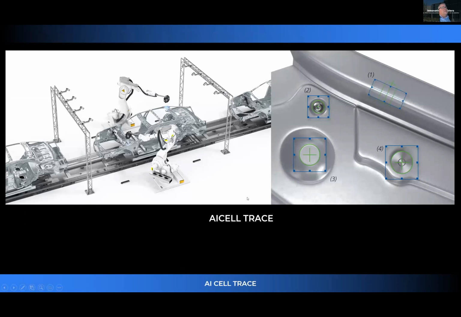The second product in these large scale manufacturing environments is called an AI cell trace. And this is very different because you're no longer dependent on a room. Even though we're showing it as an assembly line here, this could just be literally a structure out on your floor, but there is vibration compensation. It's calibrated within a 30-degree temperature range,